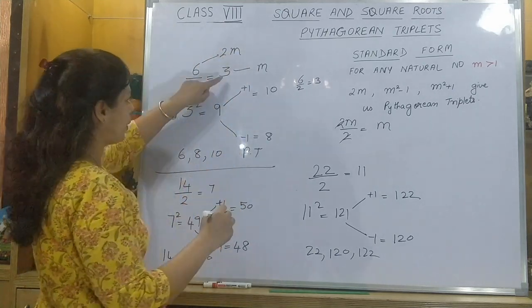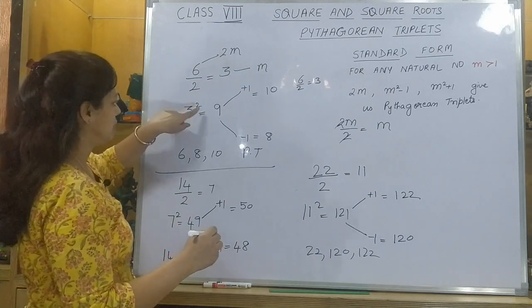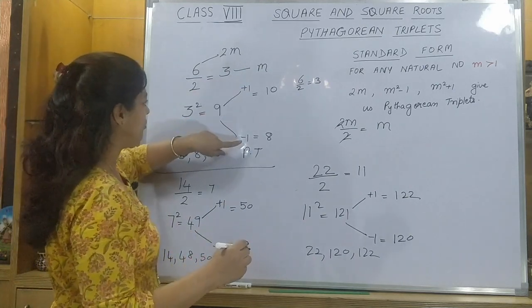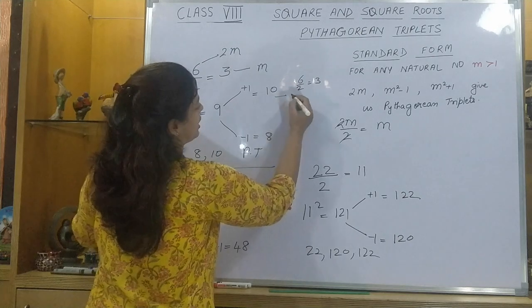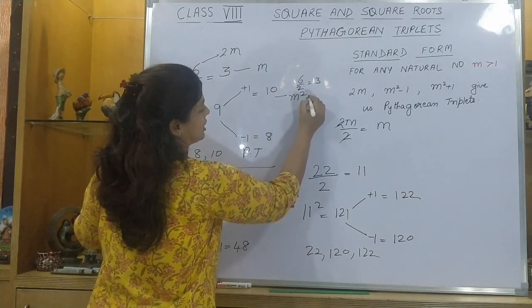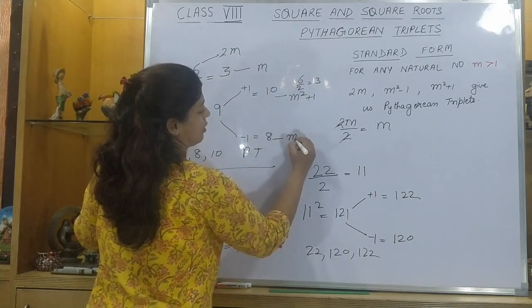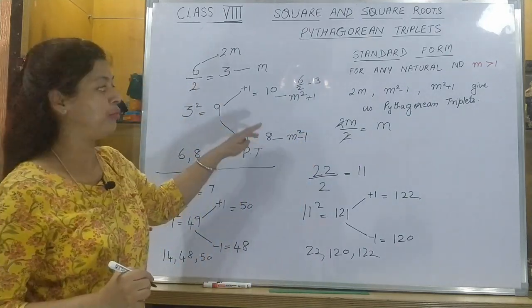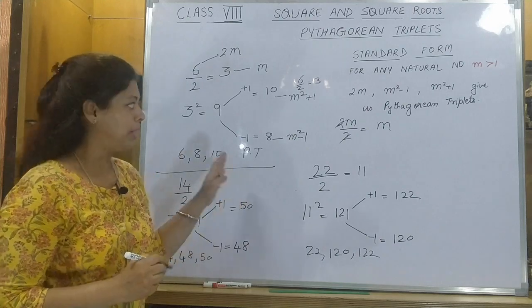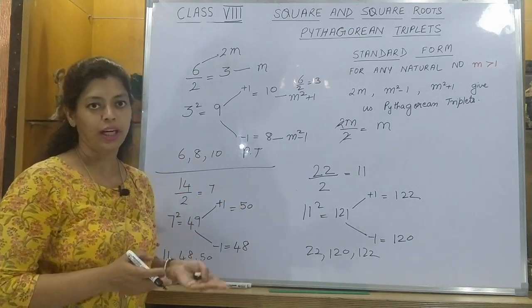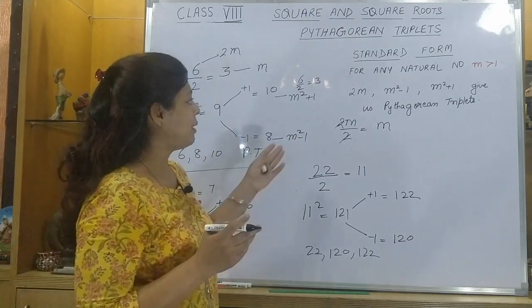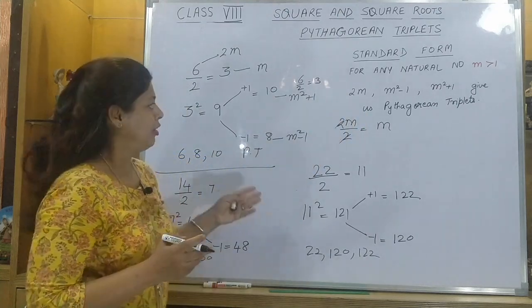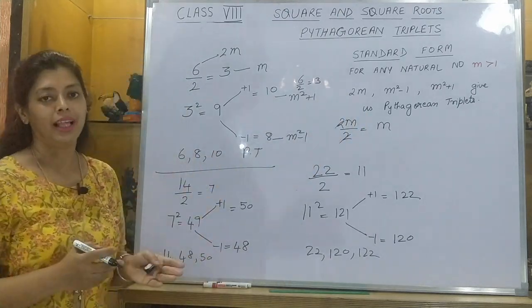When I take the square of this m, on adding 1 and subtracting 1, what I am doing is actually this is m square plus 1, this is m square minus 1. So actually I am just using this formula in the shortcut method, but doing it with numbers, so it looks easy. We are not just memorizing the formula and doing it, we are understanding this concept and then using the formula.